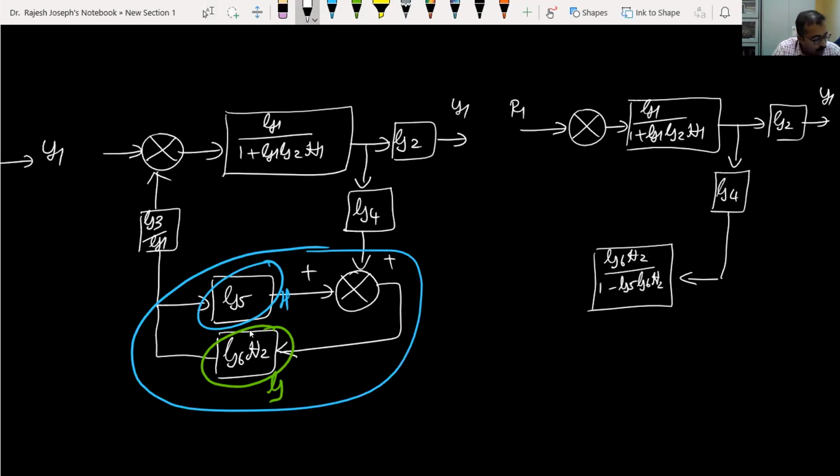Okay. So its output is going to where? Its output is going to G3 by G1. Okay. So here we have G3 by G1. Right. Its output is coming like this. Now you see, what can we do? What is the polarity here? Polarity was plus here only. Okay. Plus plus. Now you see this block G4, this thing and G3 by G1, they are in cascade. Okay, means what? I can club all these things.